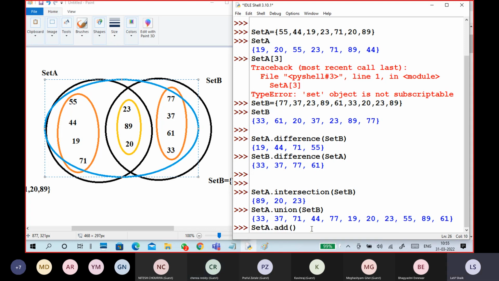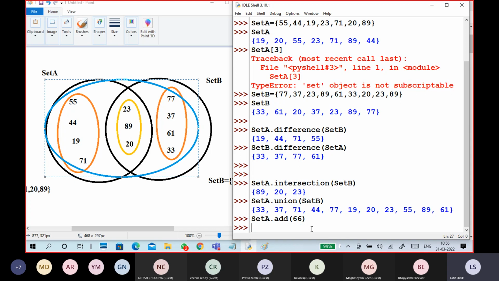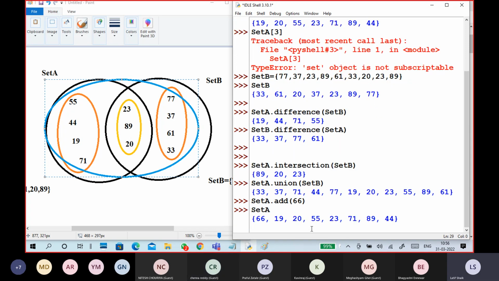If you want to add an element, one element or two elements, we can add it to set A. I'm adding some elements here. 66 is not there, no? Set A. See, 66 is added. Like this we can add. You can remove also, no problem.